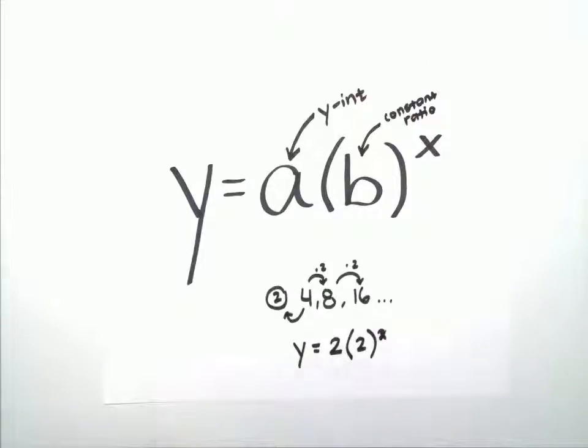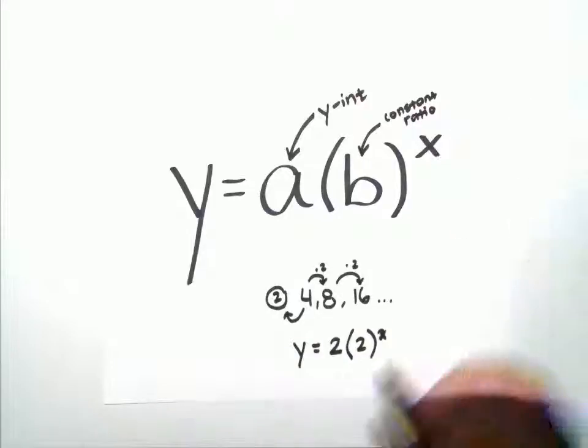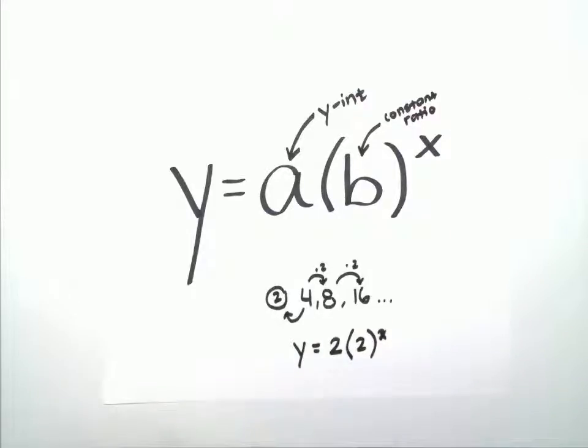And we're not going to call it a rate of change because a rate of change kind of implies that addition or subtraction pattern. So we're calling this a constant ratio. It's the number that we're going to multiply by over and over and over again in a sequence. This x on the top right here is our variable,